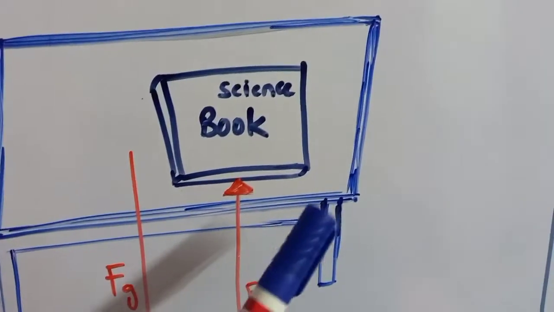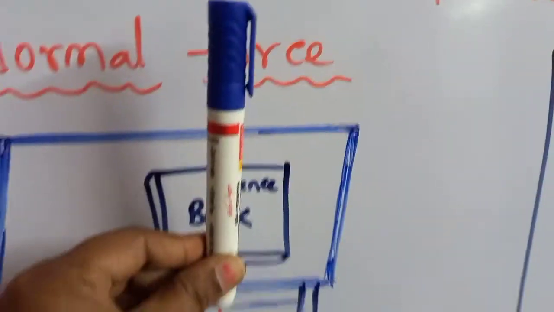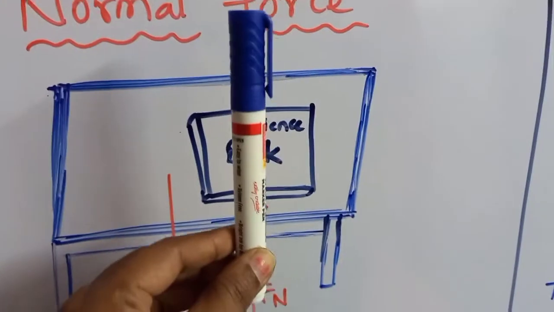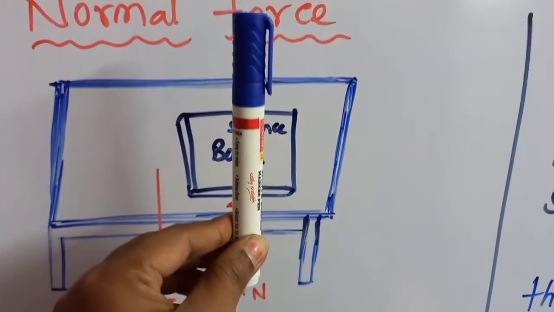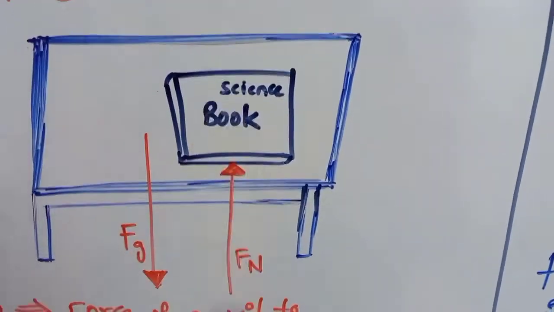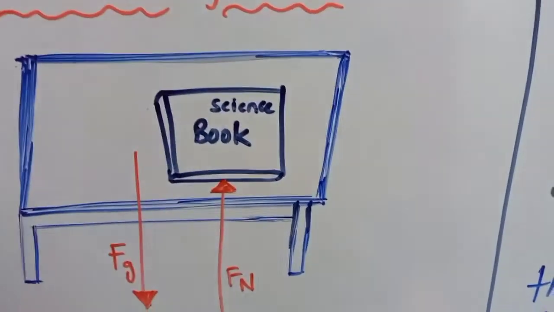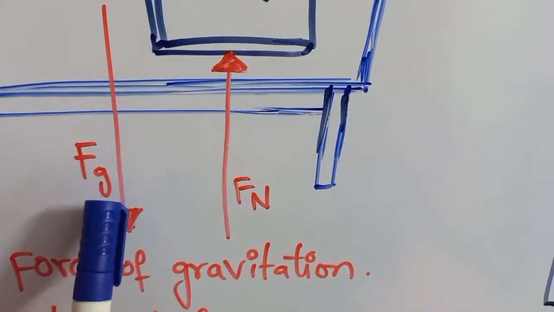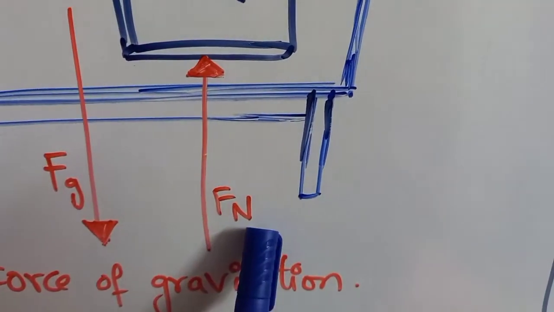This is the plane of the surface, and the normal will be like this. It is perpendicular. So, along the normal direction, the force acts on the book. This will be acting in the upward direction, and it is called the normal force, and it is represented with Fn. Okay, Fg means the gravitational force acting on the book, and Fn is the normal force